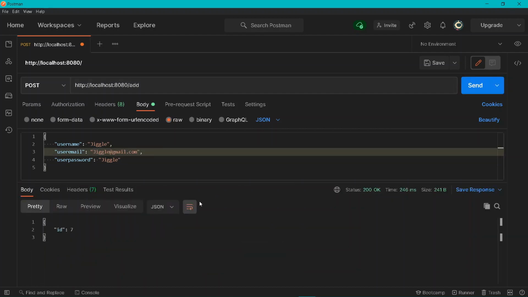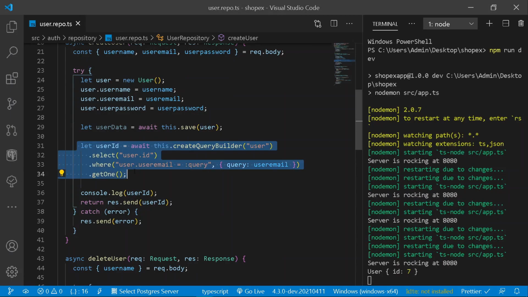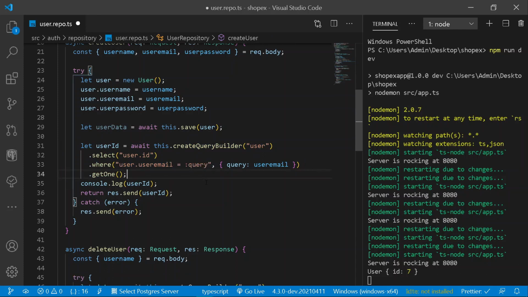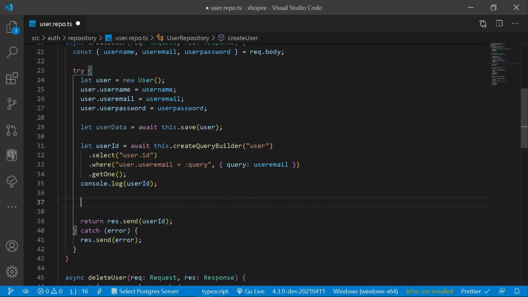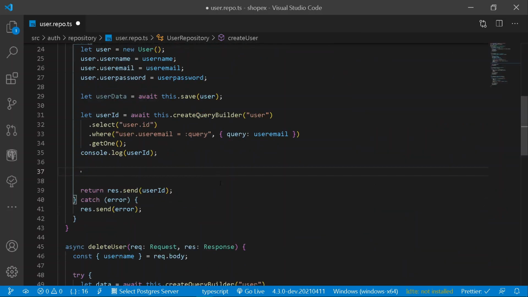Let's send it out. Cool, so now you can see we will be getting the following ID, because we are now simply fetching the particular ID of the user who recently made a new account. So once we have got our new ID, instead of console logging the new ID, we can add our JSON Web Token under it. So first thing first, what I'm going to be doing is creating a new token. Let's say a variable, token.